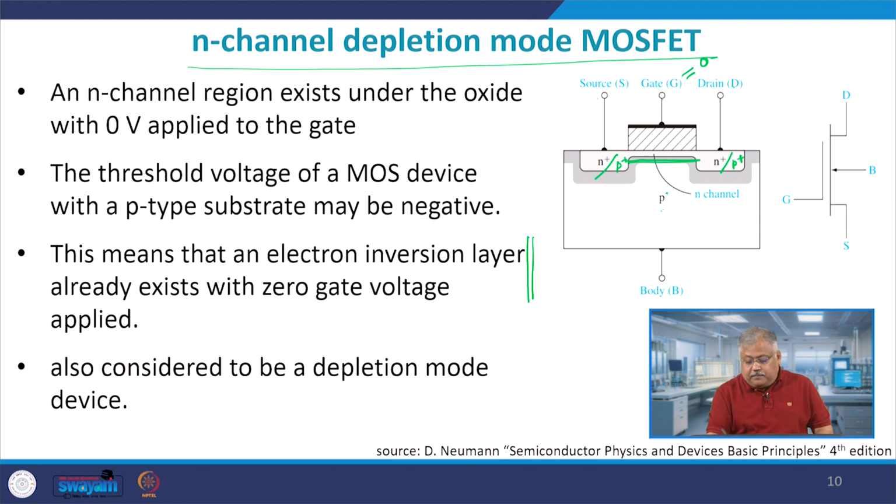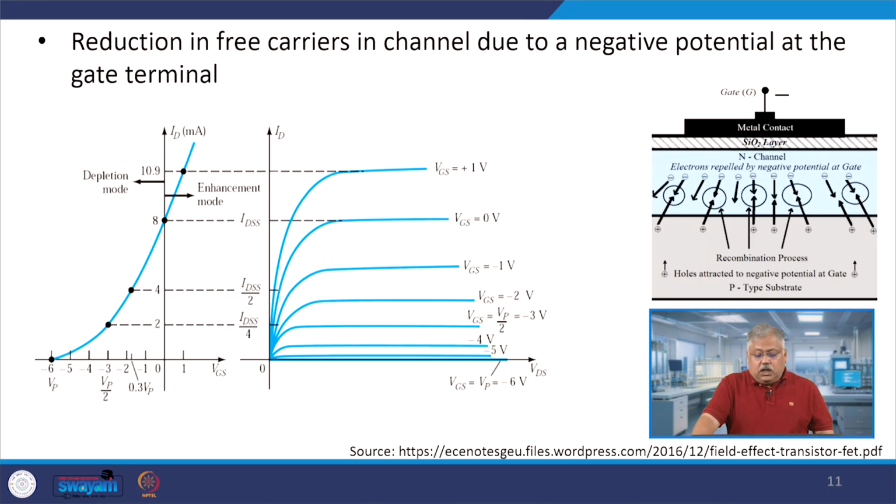So, if this is P plus P, a positive gate voltage here pushes all the holes to this side. If you put a negative gate, this I already discussed with you, but nonetheless, in the same graph I am showing a positive gate and negative gate bias. You see, when the gate bias is more and more negative, the current starts to fall down. Why? Because if you have a P type substrate, as you make the negative gate voltage go higher and higher, you are basically pulling the holes towards it,